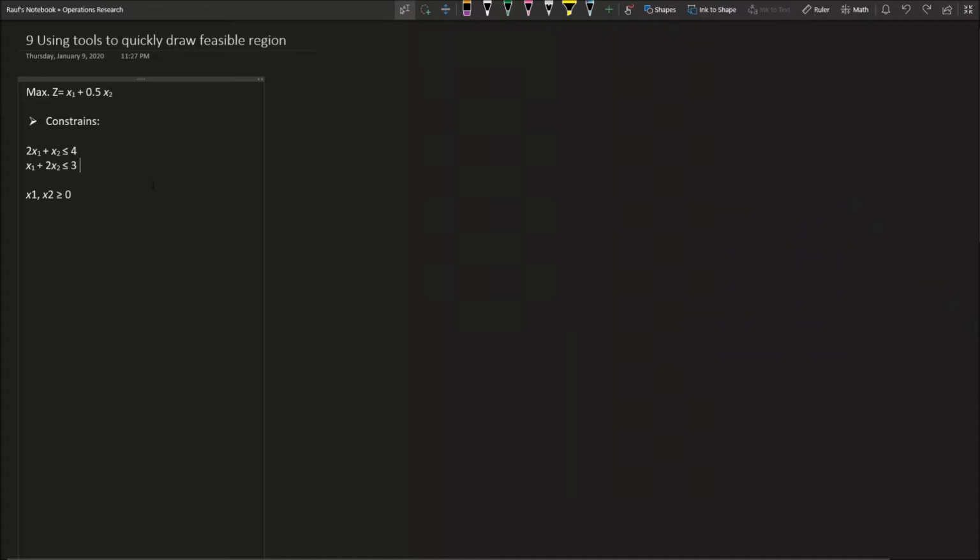Before you use that tool, the first thing you want to do is change those less or equal and larger or equal signs to be equalized. As we mentioned before, for simplicity we equalize them. We assume this one to be equal to 4, this equation to be equal to 3, and this one to be equal to 0. We don't care so much about this one, but just for the sake of explanation. That's one: replace the larger or equal and less or equal with an equal sign. Second step,